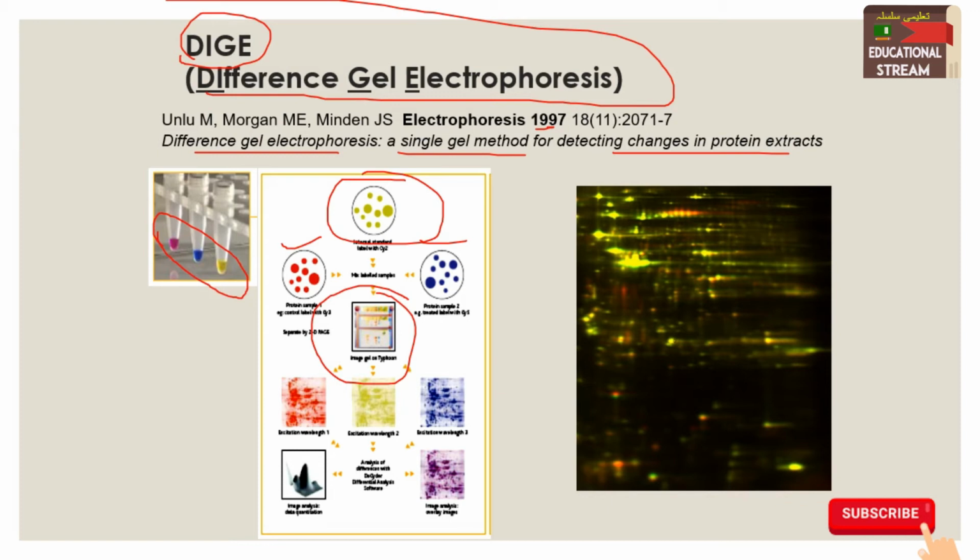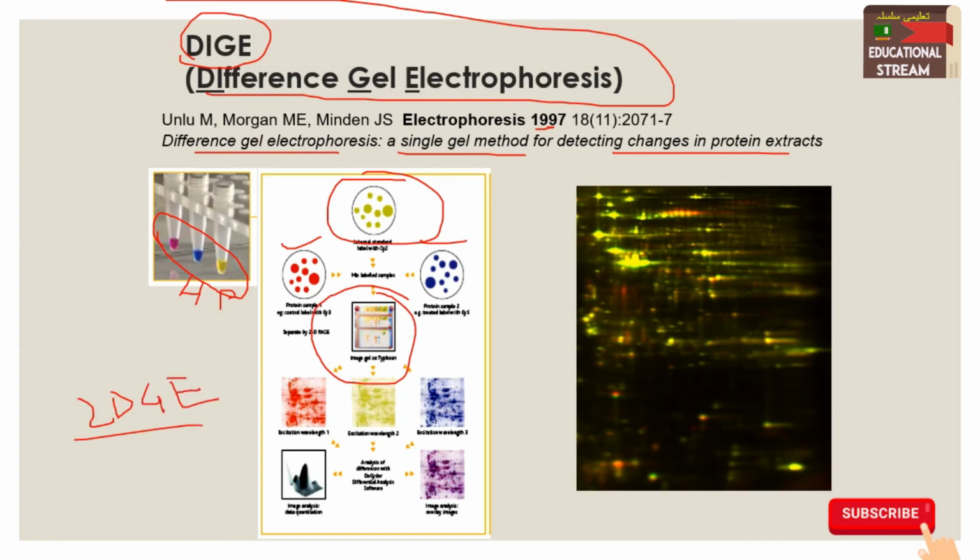As you can see, the three different colors represent the internal standard, sample A and sample 2. Sample A we can say is of a healthy person, and sample 2 could be of a patient. So we can run them on a single gel. We can take an image of the single gel just like it is done in 2D gel electrophoresis. We run the PAGE and then